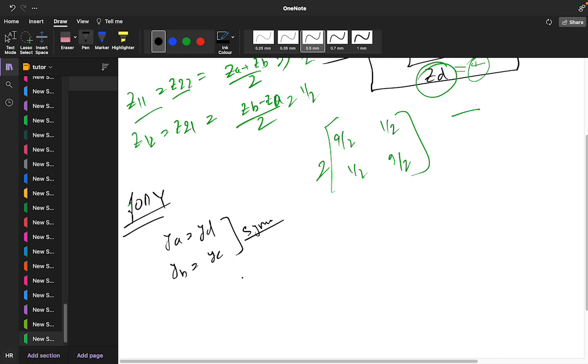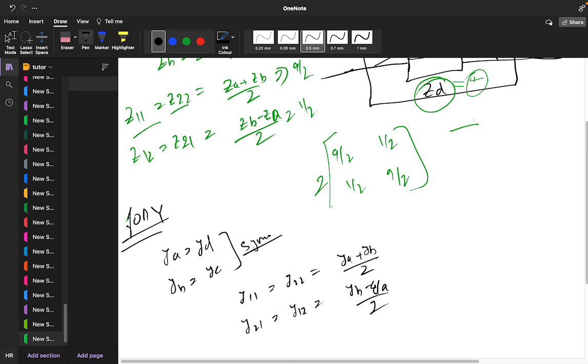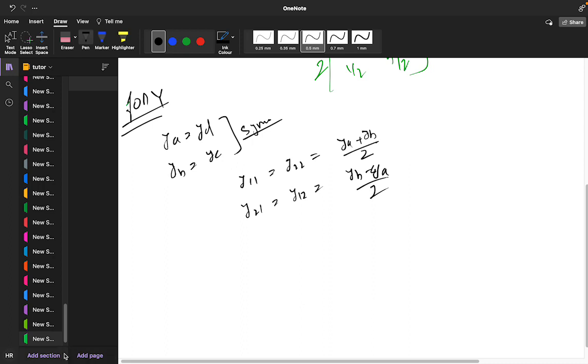Y11 is equal to Y22 is equal to (YA plus YB) by 2, and Y21 is equal to Y12 is equal to (YB minus YA) by 2. So the same formula you have to apply. Now write the next topic,